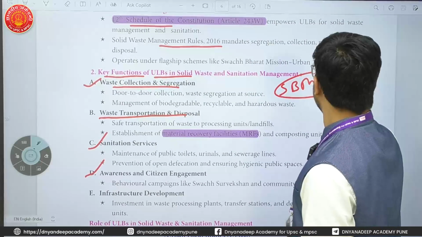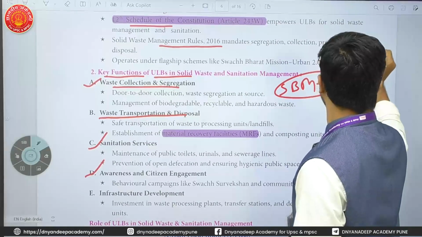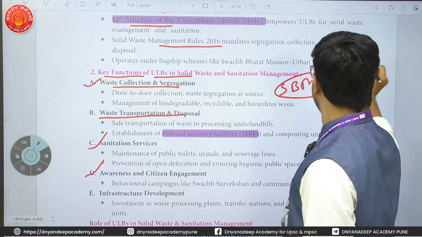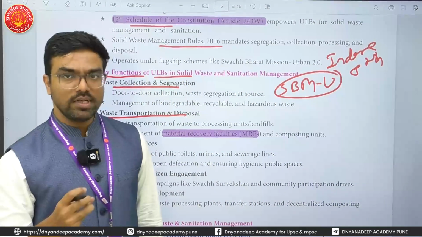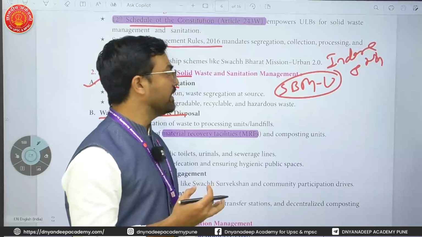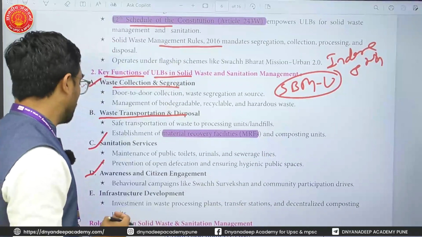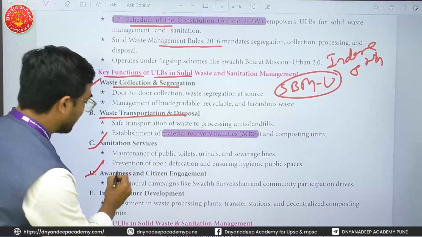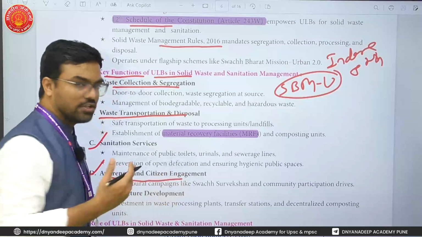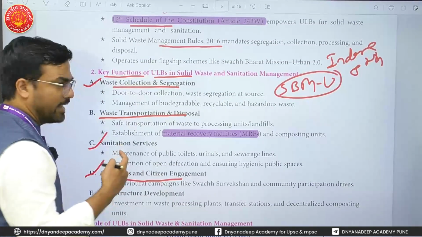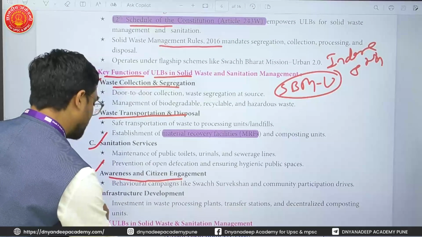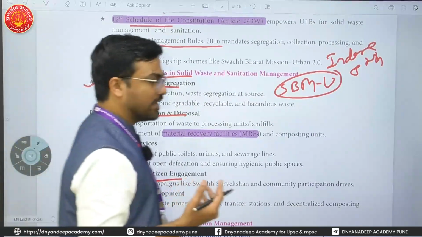We have seen that Indore has emerged for the continuous 8th time as the number 1 city in maintaining cleanliness. So government or urban local bodies can create awareness and citizen engagement through Swachh Bharat Abhiyan Urban like these missions. Also infrastructure development